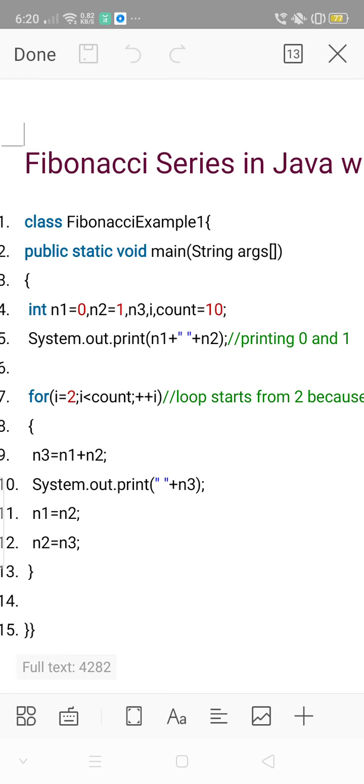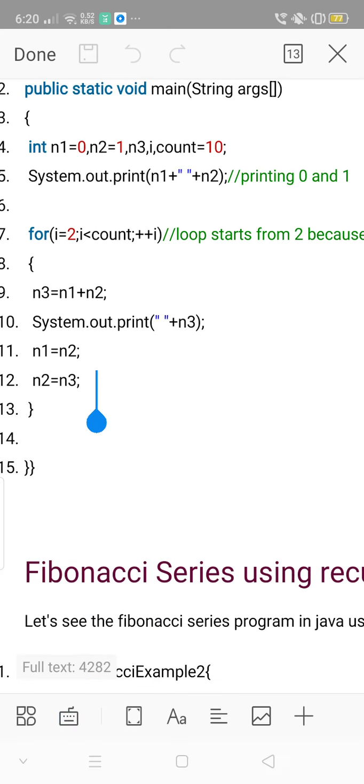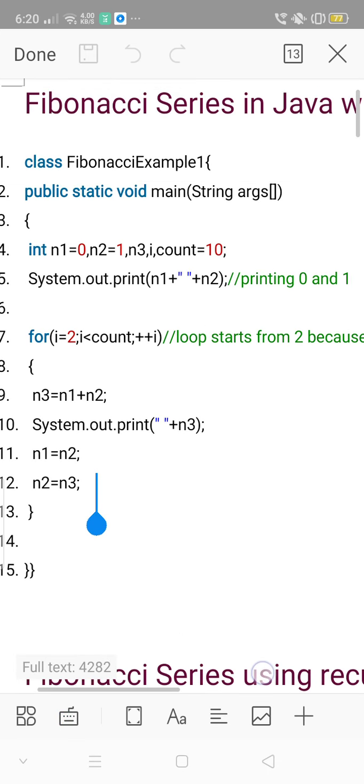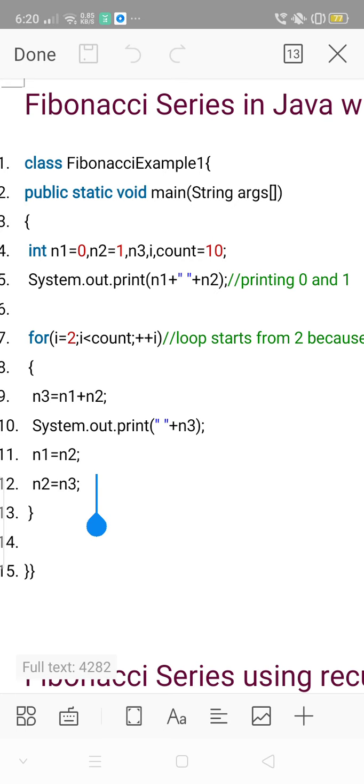Okay, next for i is equal to 2, i less than count, i plus plus. And here what it means is the for loop. We have done the for loop in C programming. So for loop: initial value, then condition checking, then increment value. So here the same way for i is equal to 2, because we already printed the 0th and the 1st term.